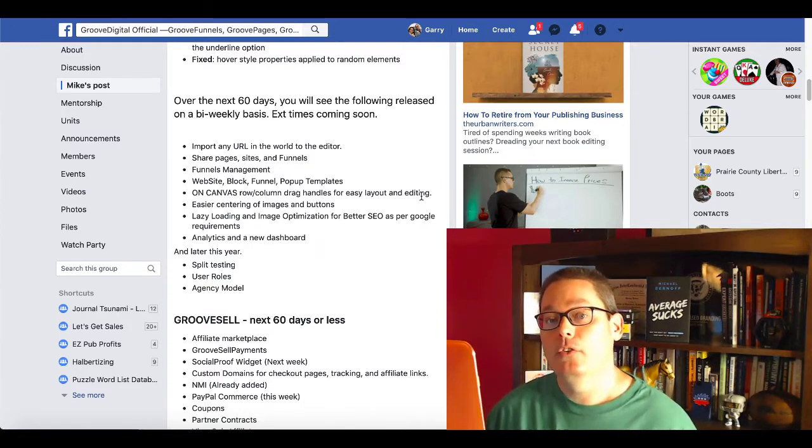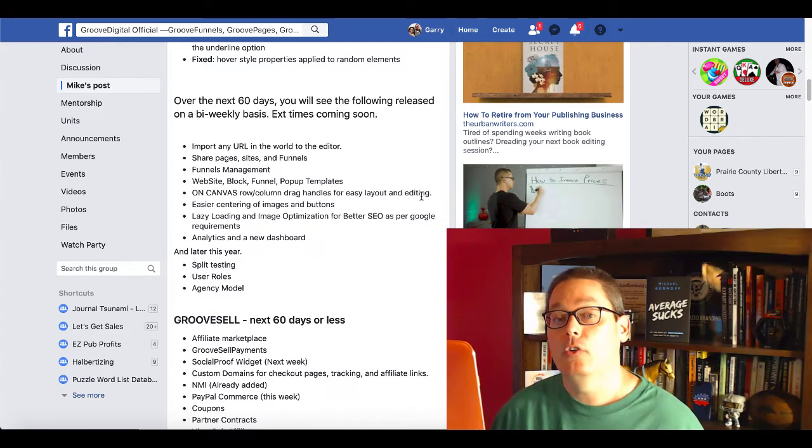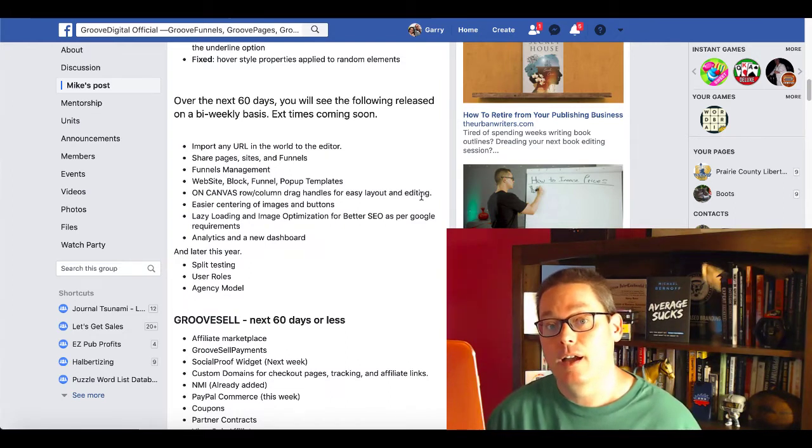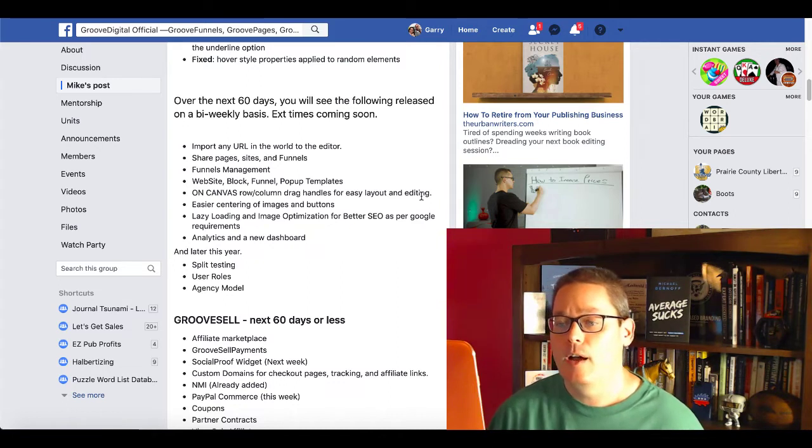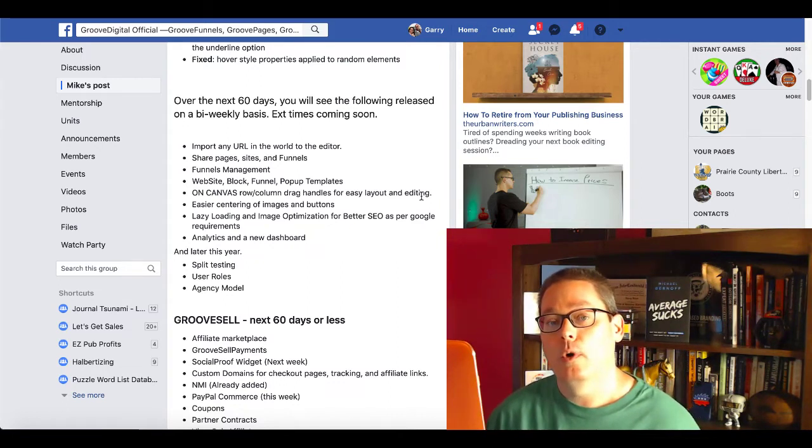The point here is you need to be getting inside of Groovepages. You need to be looking at Groovesell, looking at what's coming up soon, getting in there, showing people what it can do, what it does for your business, what it's going to be able to do for them. Figure it out. Also participate in the Facebook group and over at feedback.groovepages.com or feedback.groovefunnels.com. The link is here. I'll show you that in a second, where you can actually go in, file bug reports, provide feature